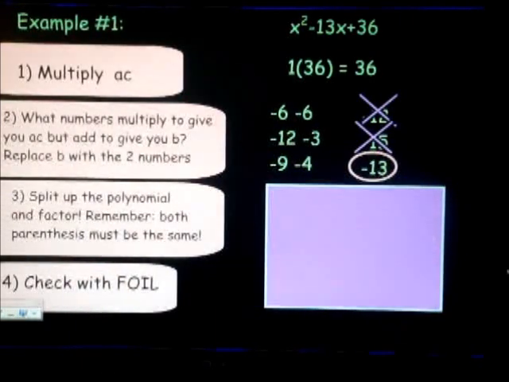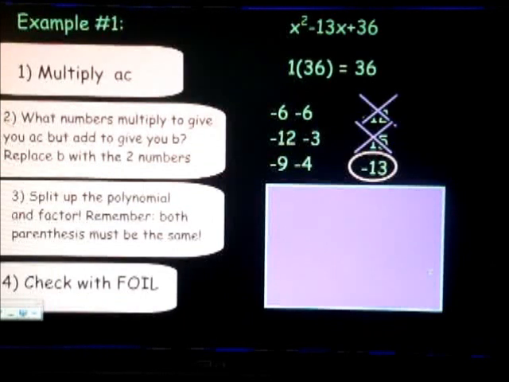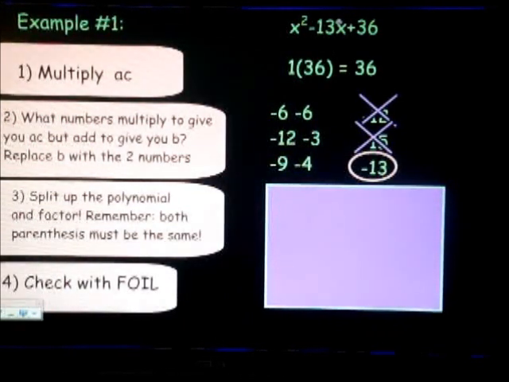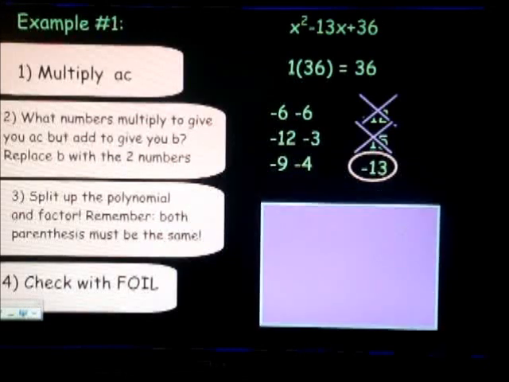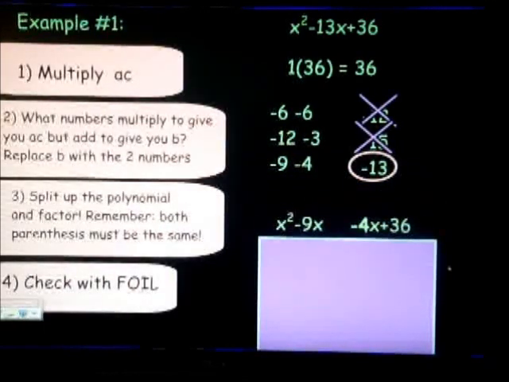Once we figured that out, we want to split up the polynomial and replace b. So what I'm going to do is take out negative 13, and put in these two numbers we figured out, which were negative 9 and negative 4. So this is what I did. I went ahead and took out negative 13, and I put in negative 9 and negative 4. And I leave a little bit of a space there so that I know we're going to have two separate